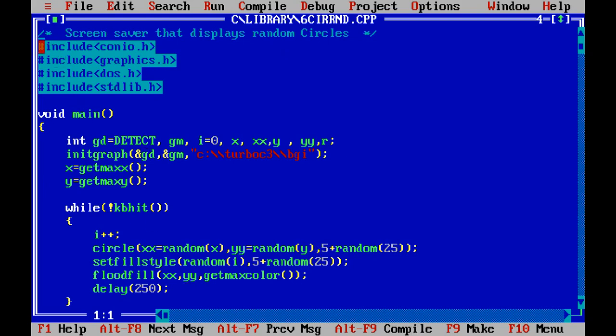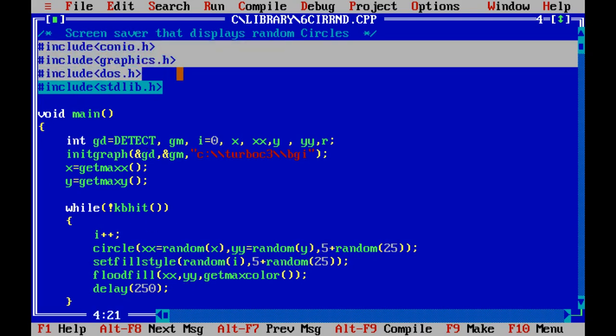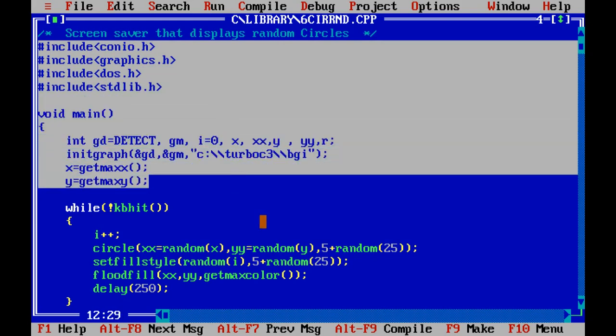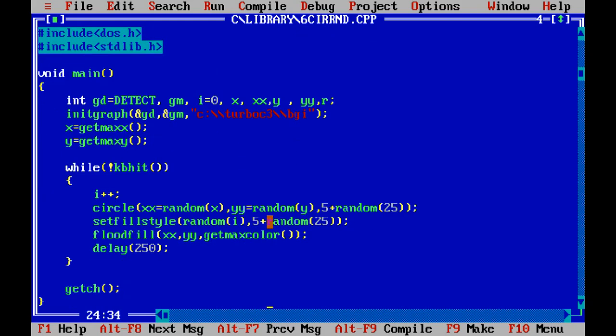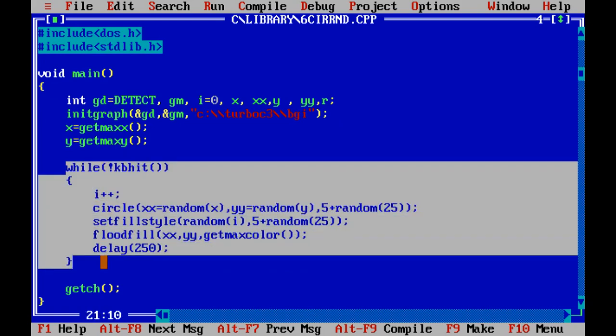The whole code block from this location to this location is already described. Now I have to describe this part only. This part generates random circles with random radius in random position in random color with different filling patterns.